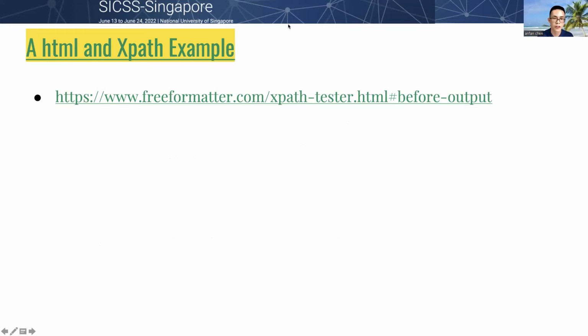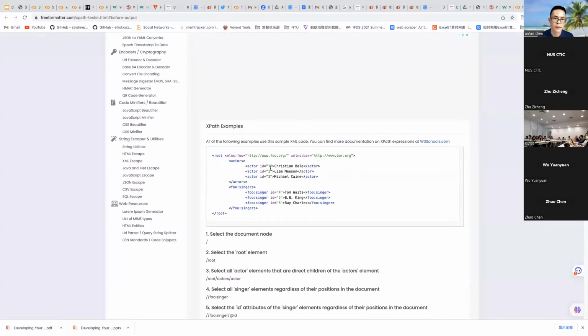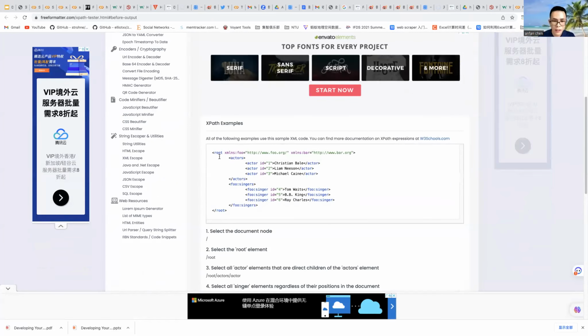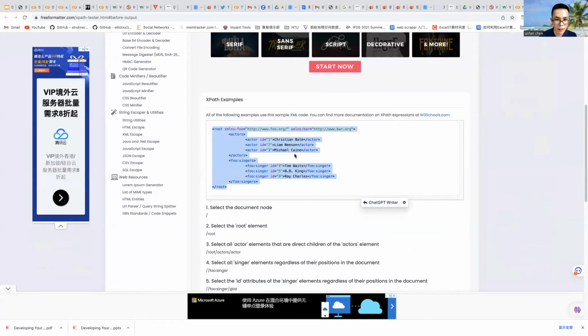Okay, and I want to show you an example. Here is a case of HTML, and we want to get elements such as the name and actor ID from the HTML document.